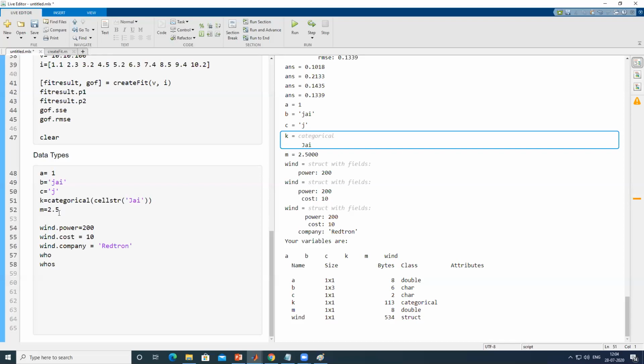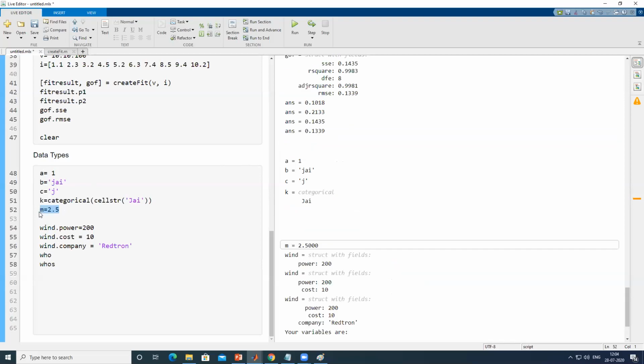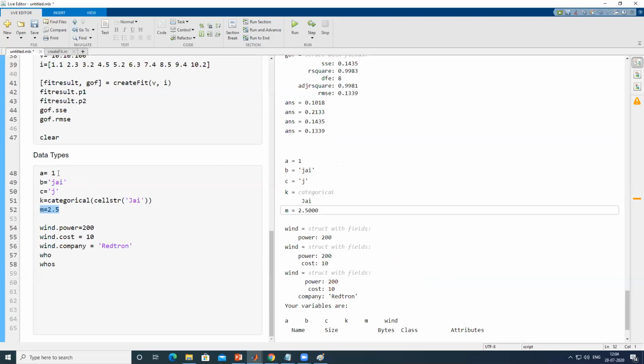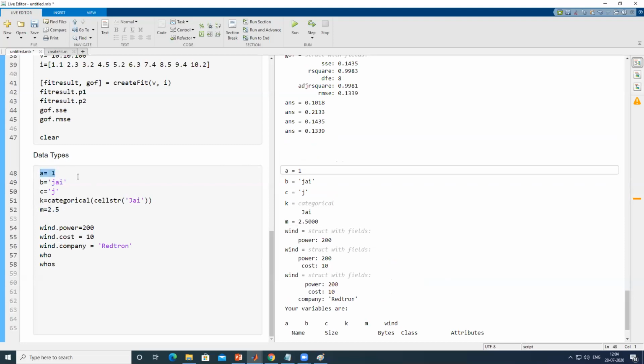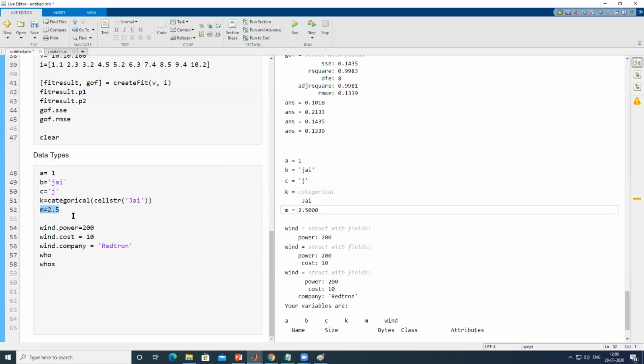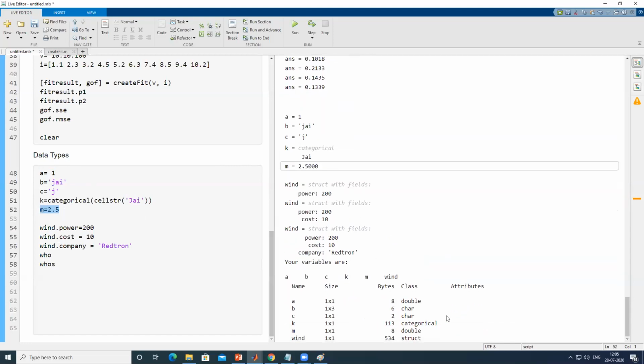Then we have the value of M, which again is taking a double. So you can see there is no difference between the data type of A and the data type of M. Though in Python, if you compare, it will put A in an int and won't allow any decimal operation. It will throw some error, or you might have to convert it into some other format before using it in a float operation. But here in MATLAB, there is no problem. It puts it into a general type, which most of the time works better.